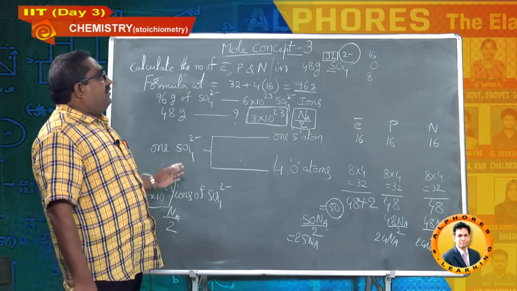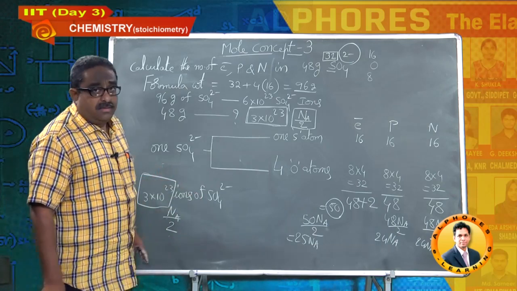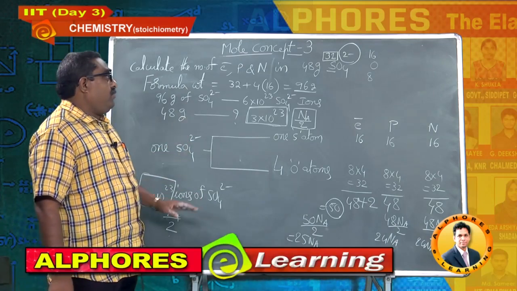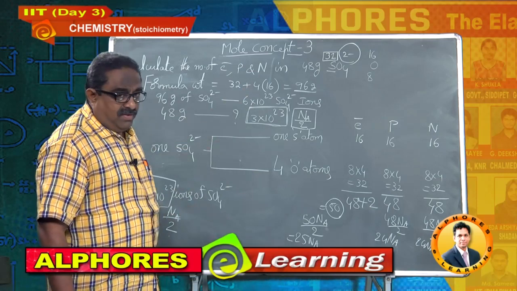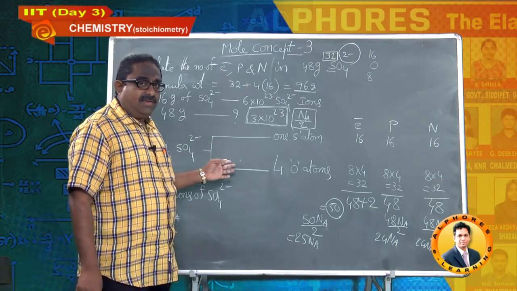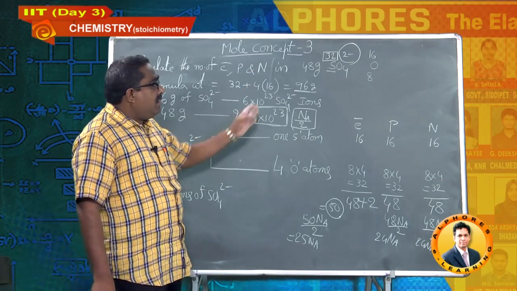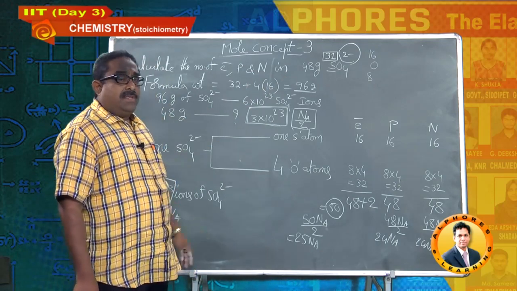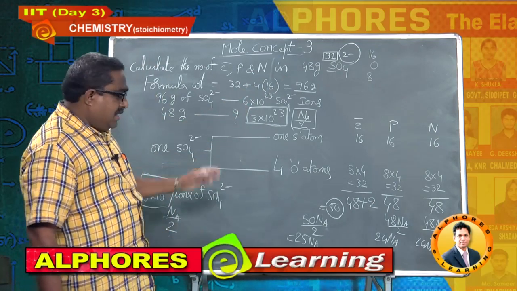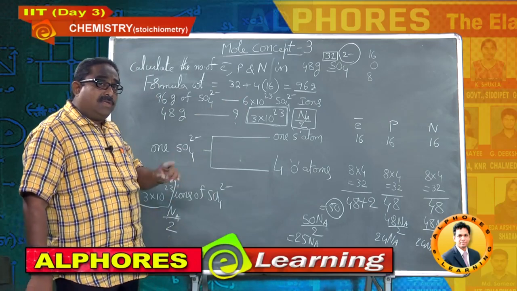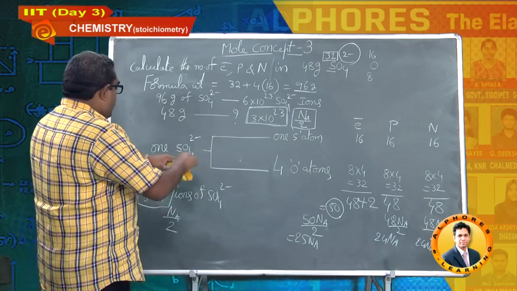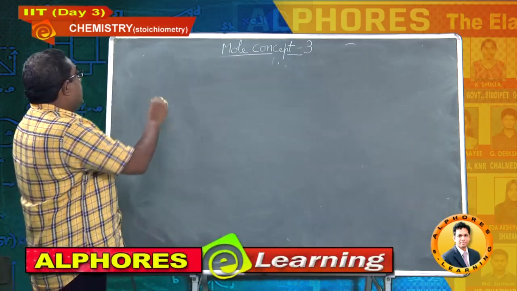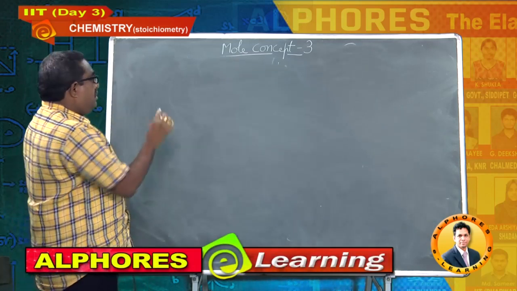So, this is how to estimate the number of fundamental particles in a given species. Previously, we have discussed a neutral molecule methane. Now, a negatively charged species sulfate, and next we will go for one more positively charged cation. Then I will switch over to the next concept, students, right. So, next question is